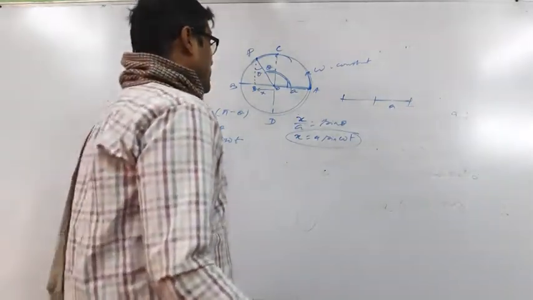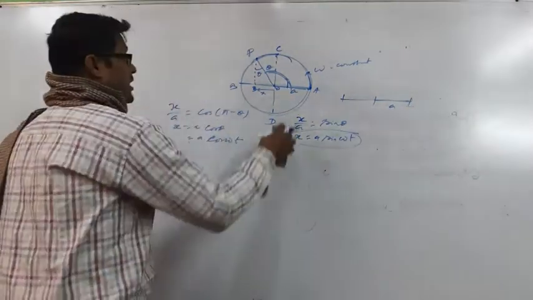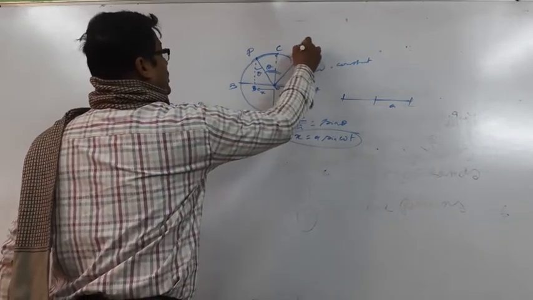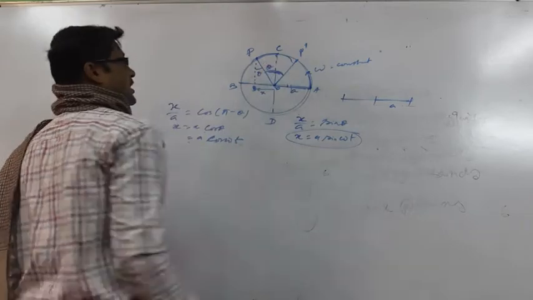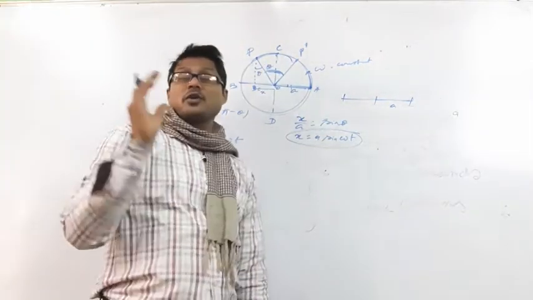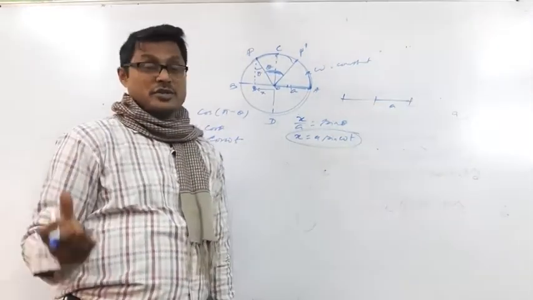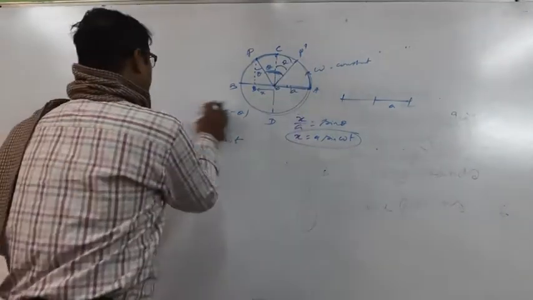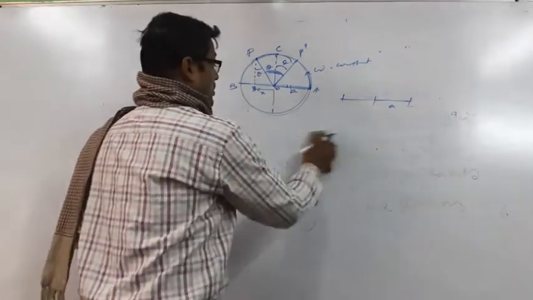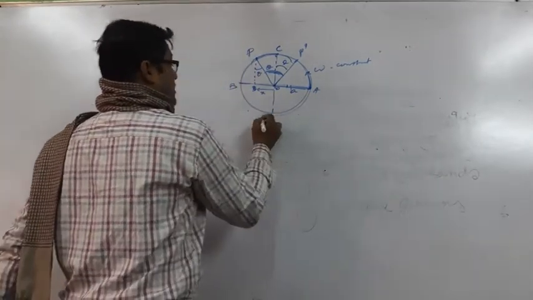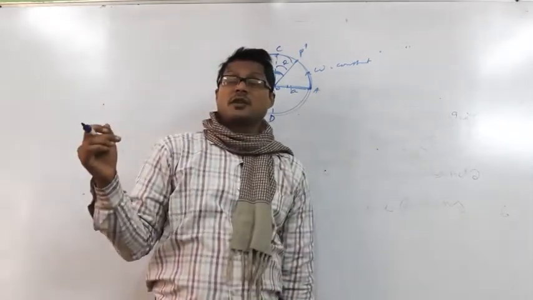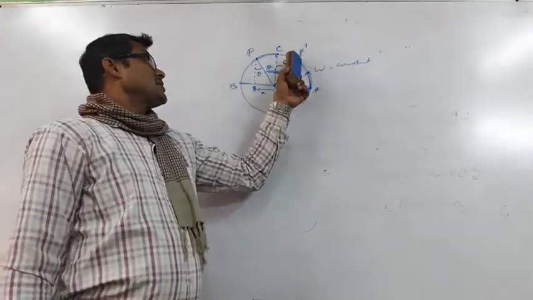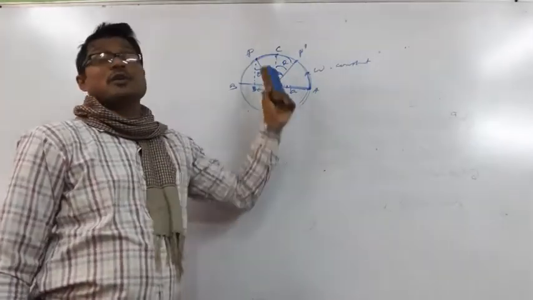Now you can say, sir, we can consider from any other position also. Yes, why not? From this point P dot to P, this angle is theta. From any position, not from equilibrium, not from the end, from any other position, this angle is theta, and this is E. E is known as epoch. Epoch means initial phase. E is the term which represents the initial phase, and the initial phase is considered because it is not at the equilibrium position.